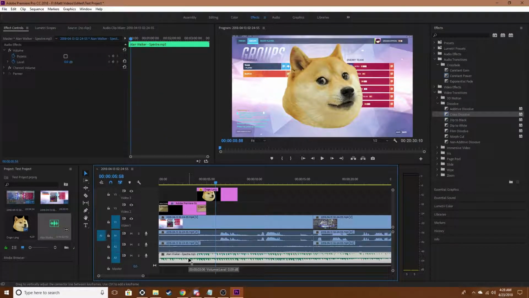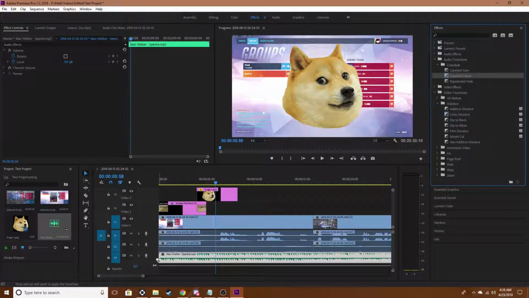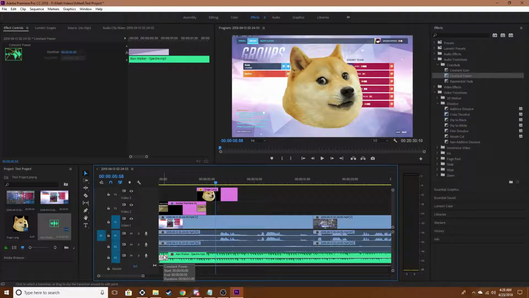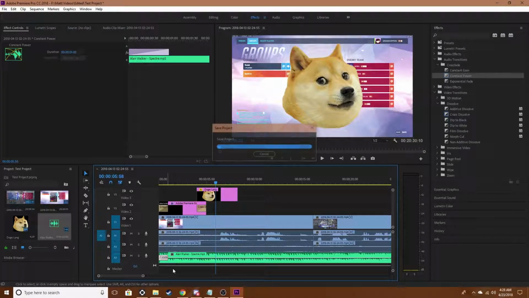It doesn't really matter if you put it on the lowest track or not, as long as it is not overlapping a different audio track. We're going to fade this song in and out with the constant power crossfade transition, as this will make it sound very professional. Clicking the transition will let us change the properties under Effect Controls. We can also trim the transitions to be longer or shorter with the selection tool,